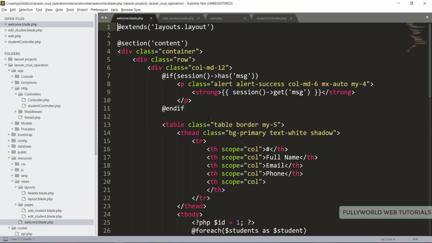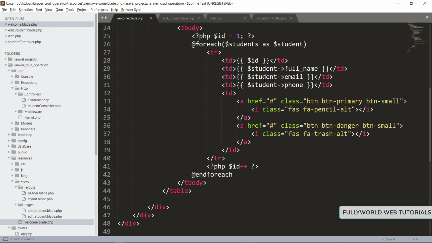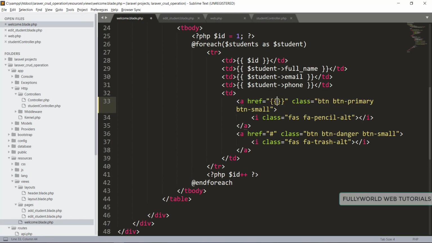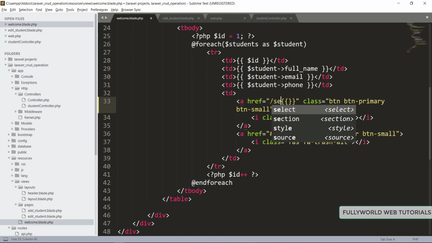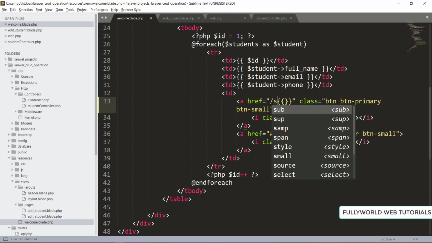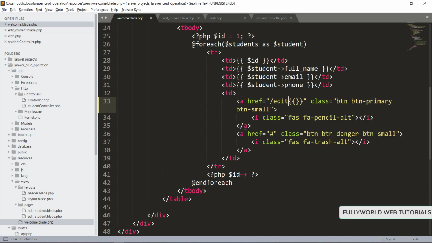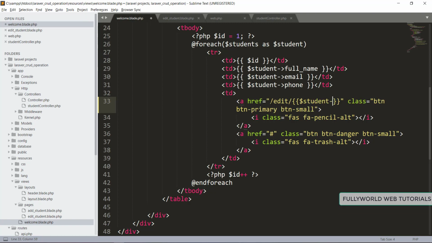We have to go to welcome.blade.php, and here there is our $ID, but we are going to use $student ID. I'm going to copy this $student, and then we are going to the pencil here, and its href will be /edit, and then / will be there, and after that there will be our student ID.